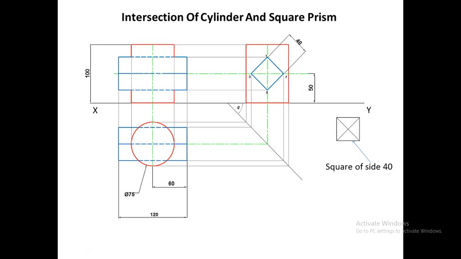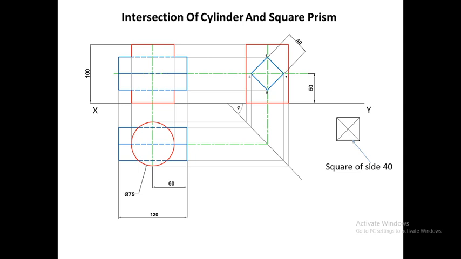Now we will mark some points of intersection. Till now we have completed the front view, top view and side view of the vertical cylinder as well as the square prism. Now in the third step we will mark some points of intersection. Now students, it is understandable that in this sum the vertical object is a cylinder whose lateral surface will be a curved surface, whereas the horizontal object is a square prism whose lateral surface will be a plane surface. But since there is a cylinder present as one of the objects, while joining the points we have to draw curves of intersection. We cannot draw lines of intersection here.